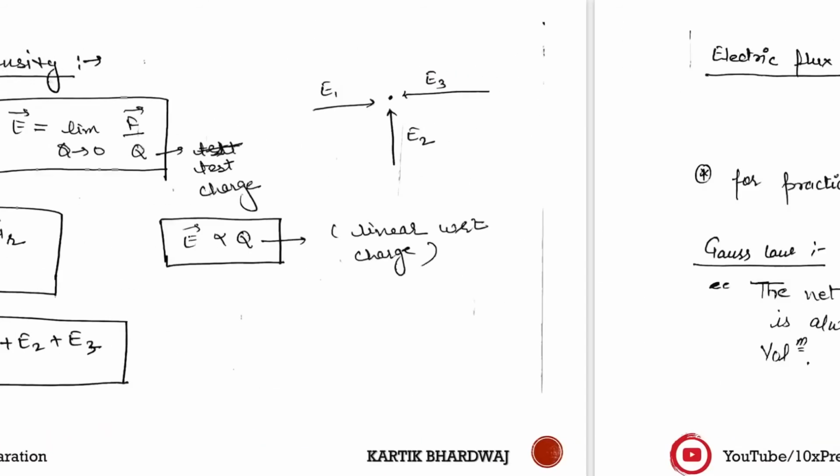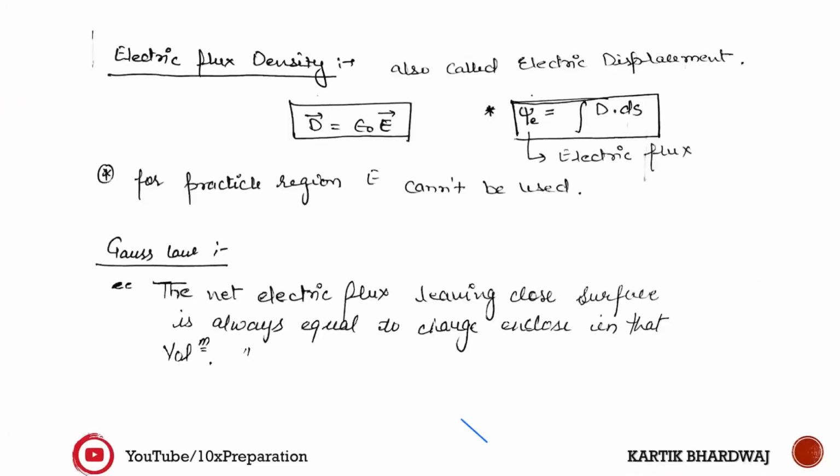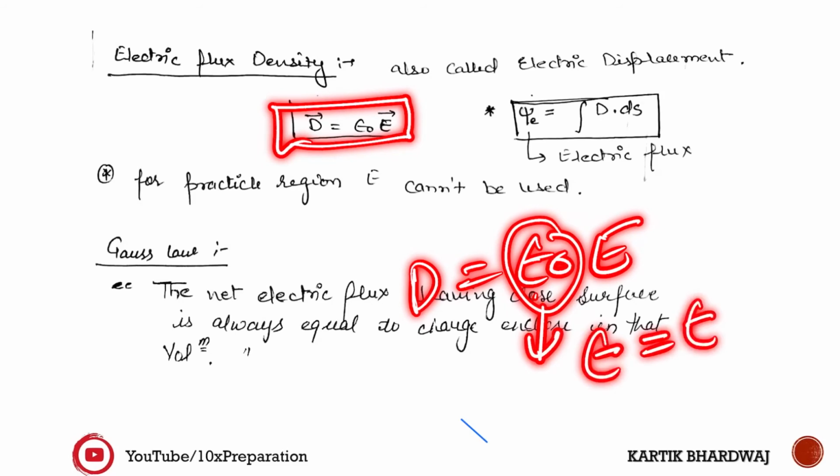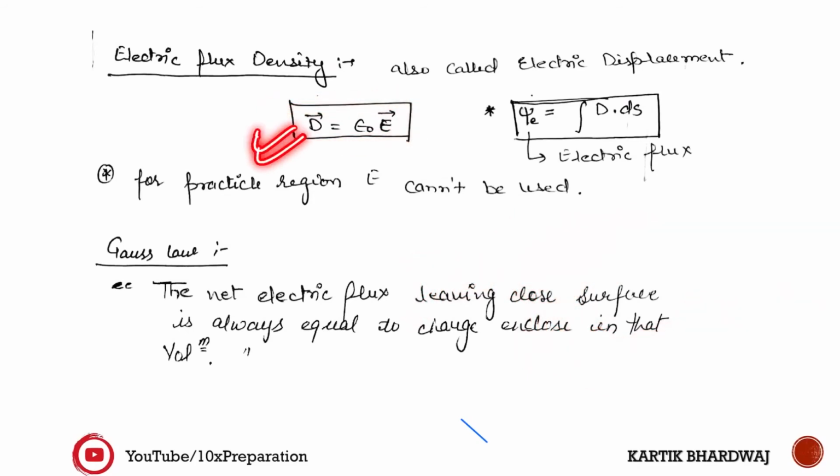Okay, so this is another measure, like electric field, this is also a measure. Sometimes you can't measure the electric intensity, so at that time you can use this density, because it is practically feasible to measure. So both D and E are associated with each other by this equation: D is equal to epsilon E. Usually this is epsilon only, and this epsilon consists of epsilon naught into epsilon r. This is the absolute permittivity, this is the relative permittivity. Whatever the material is, some relative permittivity is there, some absolute permittivity is there. For air or vacuum we will consider epsilon r equal to 1.